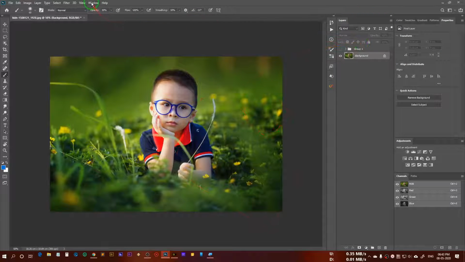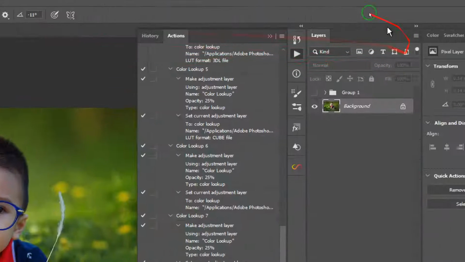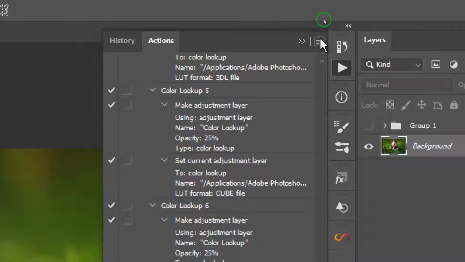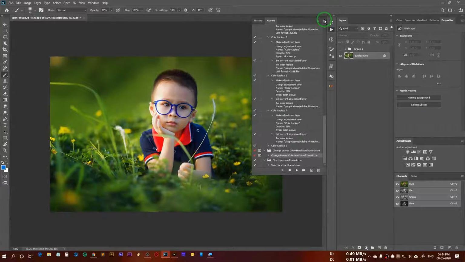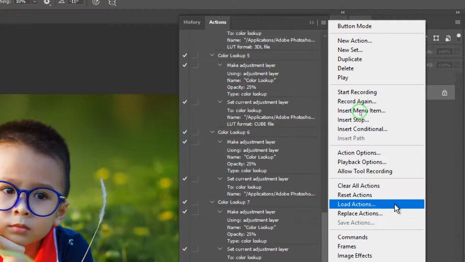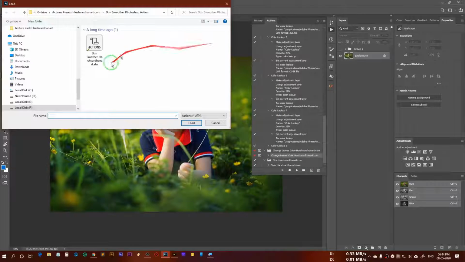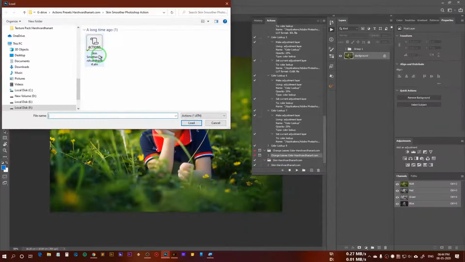So what you have to do, you have to go to the Windows and select Actions, and this action panel would be opened, and then you need to click on this hamburger menu, which is over here. Once you click over here, you need to select the load actions, and then browse the folder, and you will get this kind of an action file, the .atn file which you have downloaded.